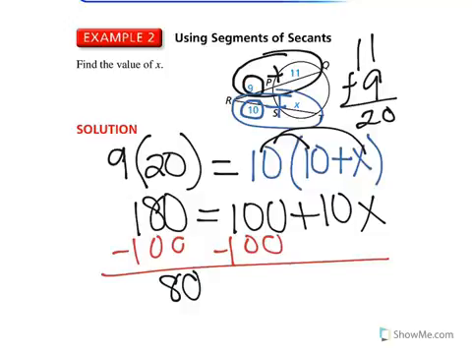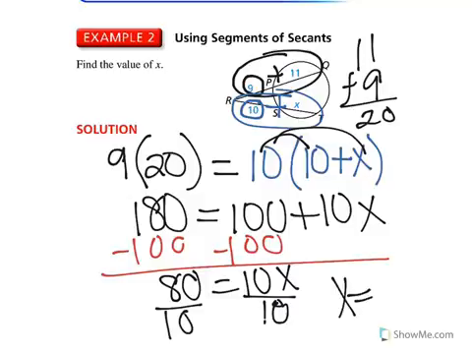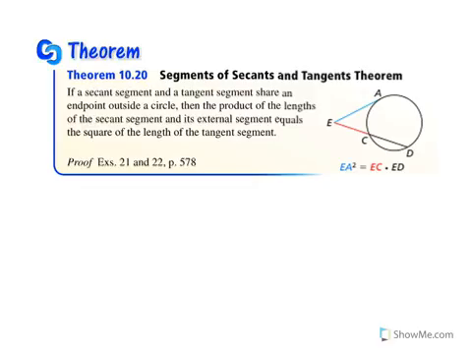We're going to get 80 is equal to 10x on both sides. We get x equals 8. Alright, so that brings us to our next